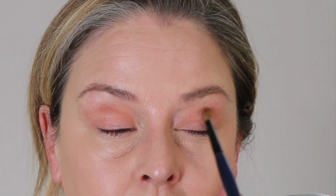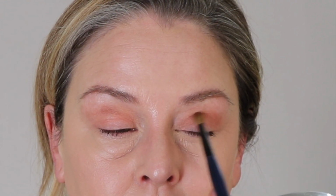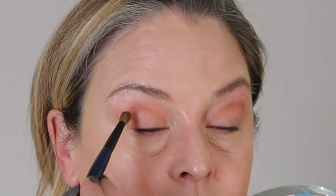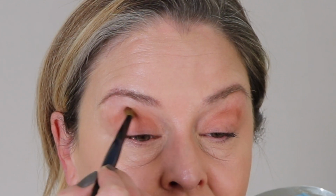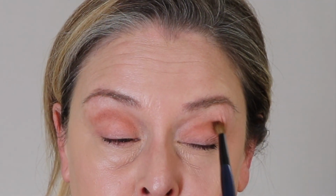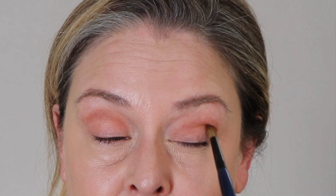Now for me, I think this is such a brightening color. It kind of is lifting and energetic and youthful, and I could definitely just leave it like that, but you know I won't. I'm going to take this brown color and do a little bit of receding of the hood. First I place the color and then blend in. One thing I really enjoy about Chanel is,